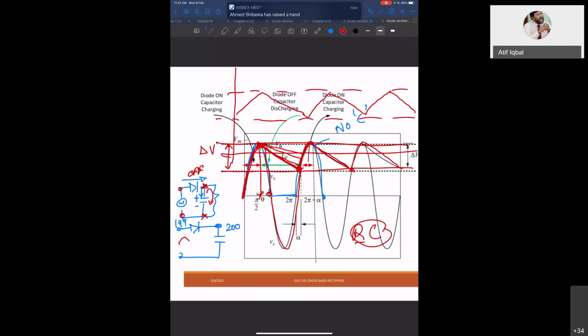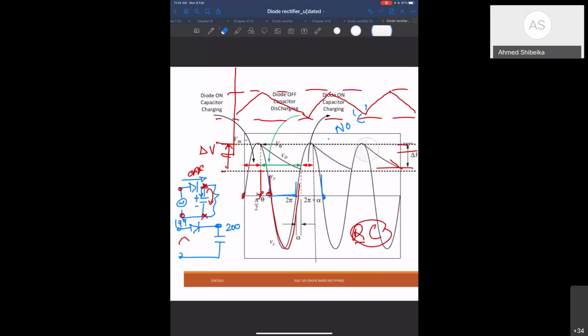Now, yes. Doctor, so the capacitor compensates for the negative half wave? Yes, certainly. Is this still a half wave rectifier? It is still a half wave rectifier, but it will hold the voltage. So the voltage will not drop to zero, but it will drop to some minimum value.